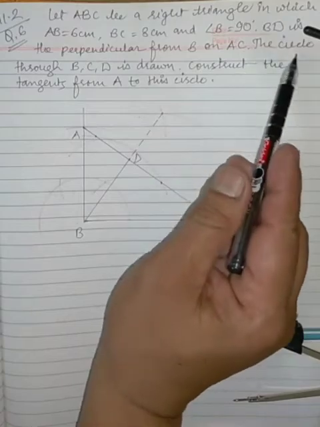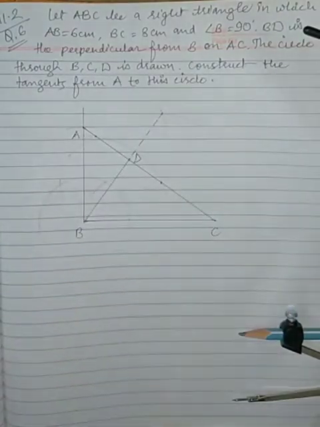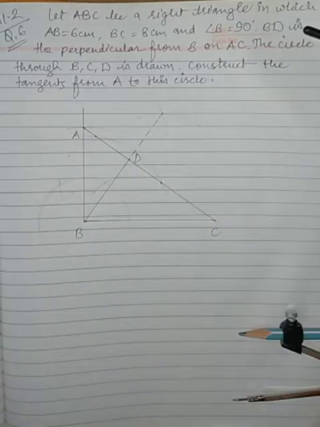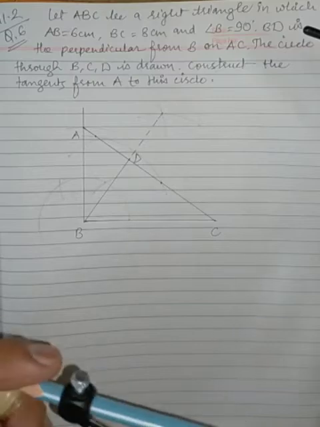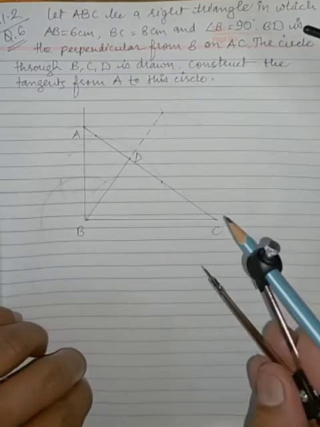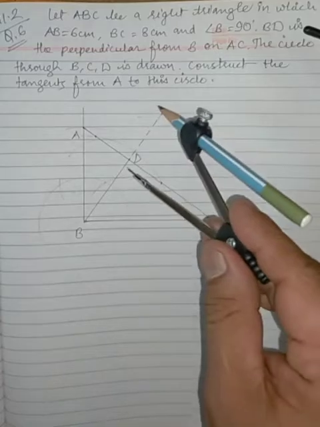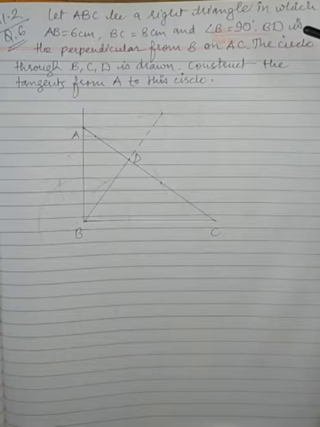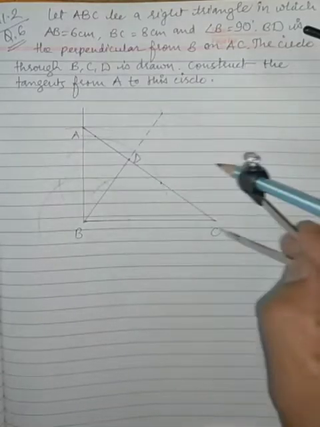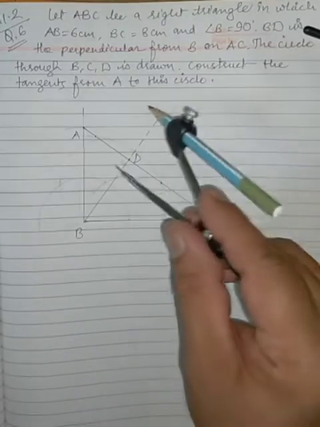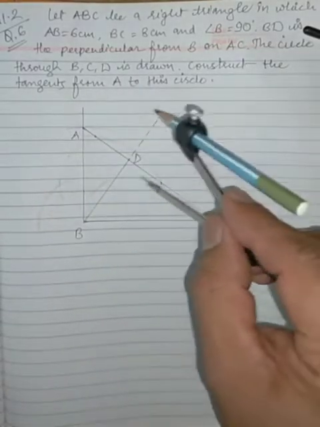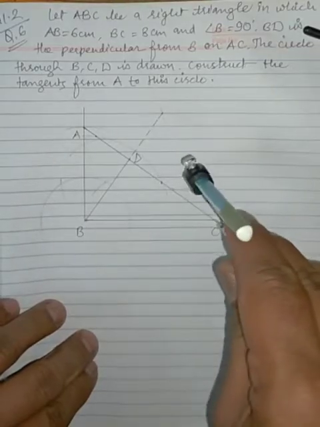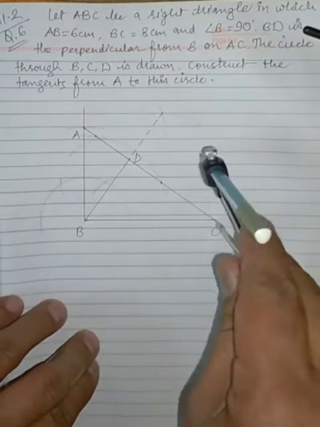Now the third part is the circle through B, C, D is drawn. So we have to draw a circle that should pass through B, C and D. It should compulsorily touch B, C and D. This is going to be a little difficult. So for this, out of 3 sides of triangle BCD, we will find the perpendicular bisector of 2 sides. So I am going to use DC and BC, as BD has some number of arcs here which may get confused. So I am going to use DC and BC as the number of arcs are less on these 2 sides.